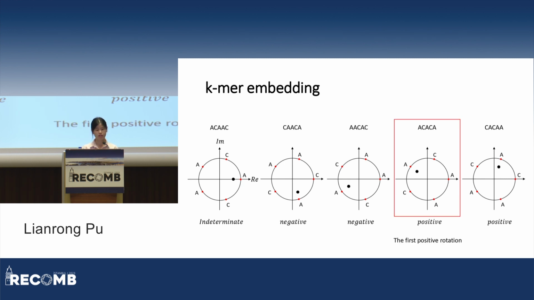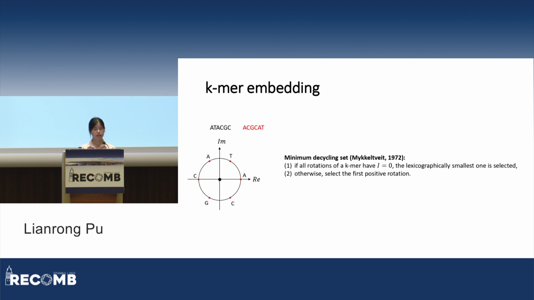So the interesting point is that Michael Weiss' paper proposed that we can select the first positive rotation k-mer to be included in the minimum decycling set for each pure cycle. And note that there also exist some pure cycles where all cyclic rotations of the k-mer have weight 0. In this case, he proposed to select the lexicographically smallest one. So here is the minimum decycling set algorithm, and given the minimum decycling set, we can define a minimizer order as follows. k-mers within the minimum decycling set are always smaller than k-mers outside,